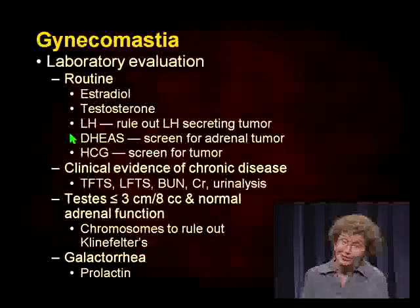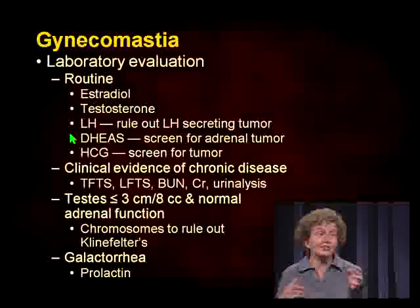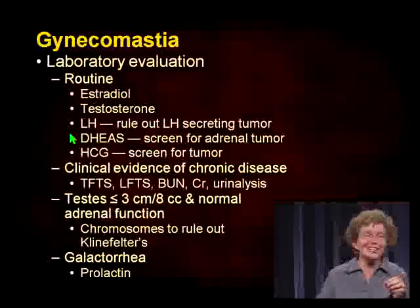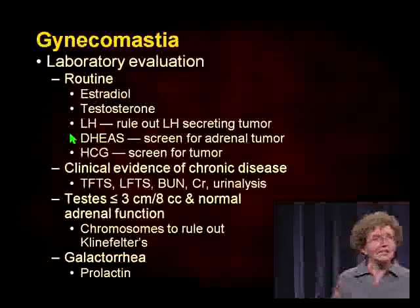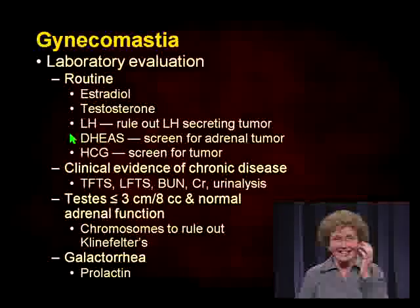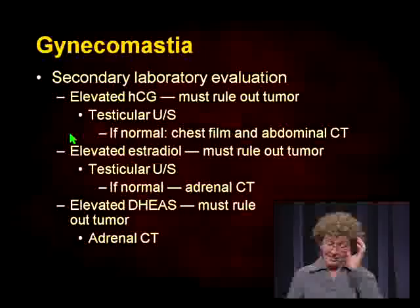I have another funny Katie story. I was driving her and her friend down to Dave & Buster's, which is a place, and I was on call, and I got this phone call. It was a kid who came in with galactorrhea, and I'm talking about galactorrhea, and they're like, what was that, Mom? And so I said, well, it's when you get breasts and the milk comes out, and she's like, oh, it's kind of like diarrhea of the breast. I can't think of galactorrhea now without thinking of diarrhea. She's a funny kid. So anyway,